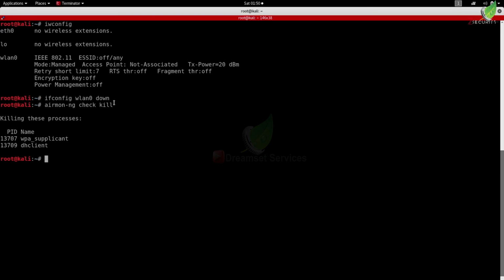Now we're ready to enable monitor mode, and instead of iwconfig, I'm going to use airmon-ng again, and I'm going to say I want to start wlan0. So basically, airmon-ng is the name of the program that we're using to enable monitor mode. We're saying I want to start monitor mode on an interface called wlan0. So you want to replace wlan0 with the name of your wireless interface. Now I'm going to hit enter,